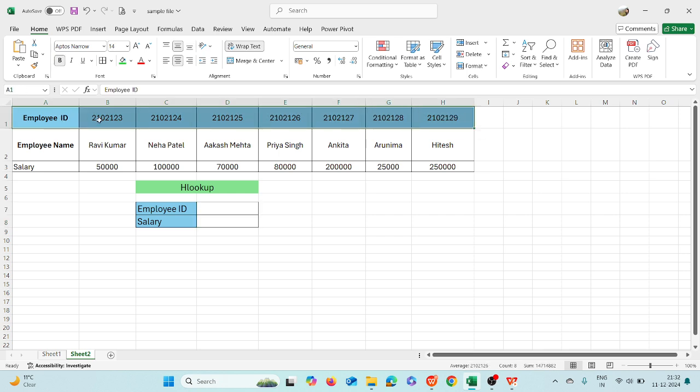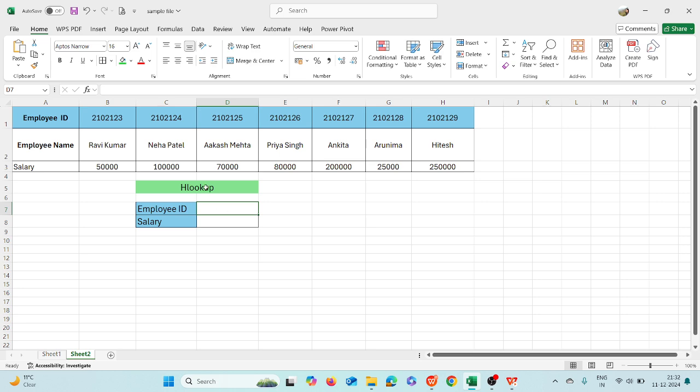All the employee IDs have been noted down horizontally, and the employee names have been noted down horizontally. Then the salary details have been noted down horizontally, right? So that means now HLOOKUP would work. So how would this work?